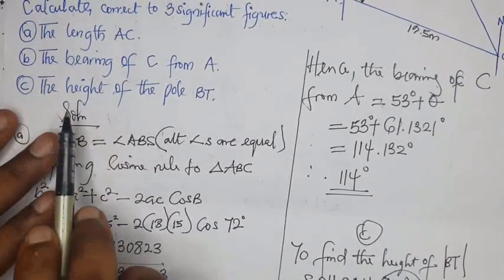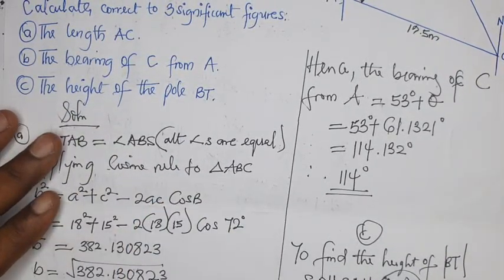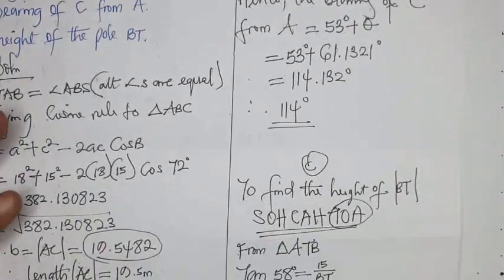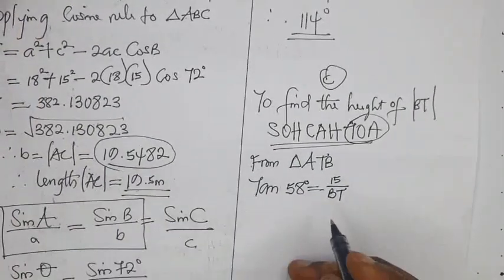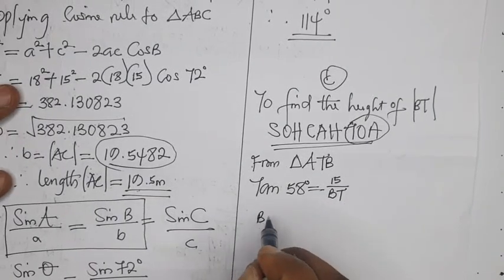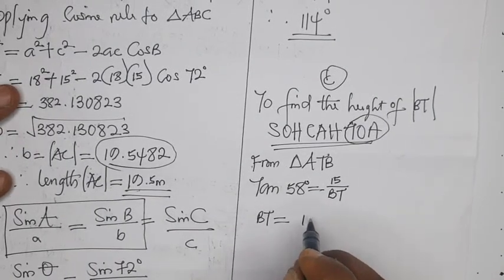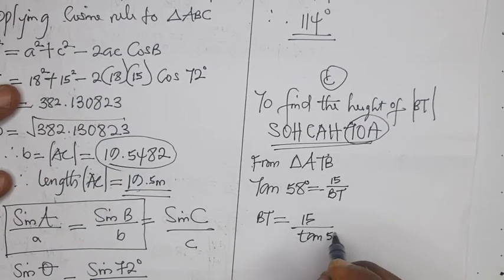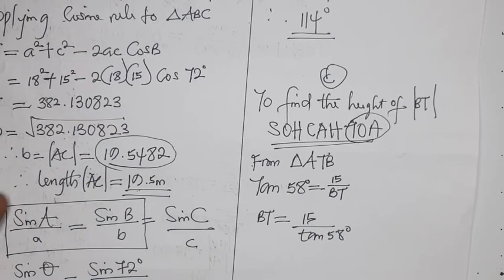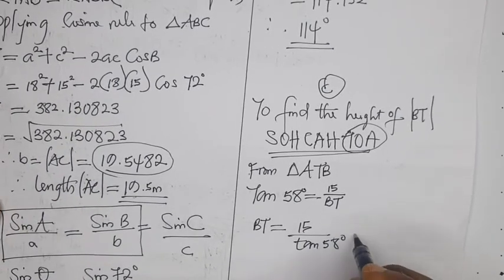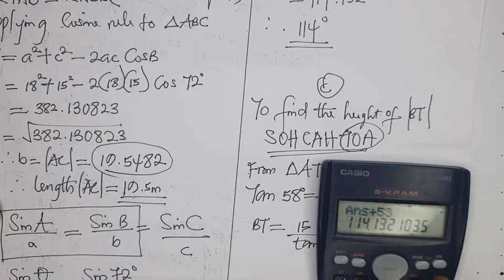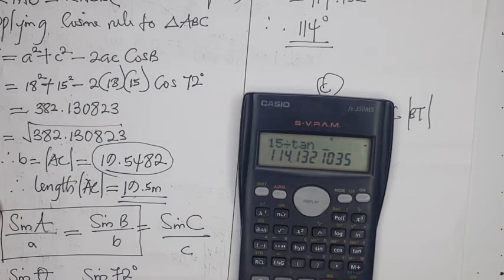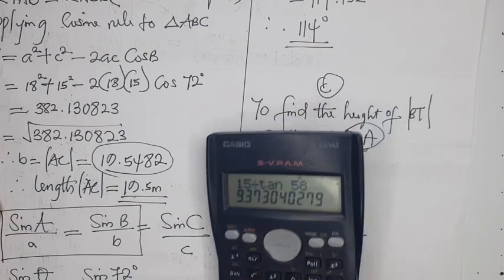And remember, the question wants us to find the pole BT. So we can easily make BT the subject of the formula and get what we are looking for. And yes, we can do that. Working out the subject of the formula for BT, you will notice that BT is the same thing as 15 meters divided by the tan of 58 degrees. Alright, we can solve this using our calculator. So let's see what the calculator gives us. We punch 15 divided by the tan of 58. 15 divided by the tan of 58 gives us